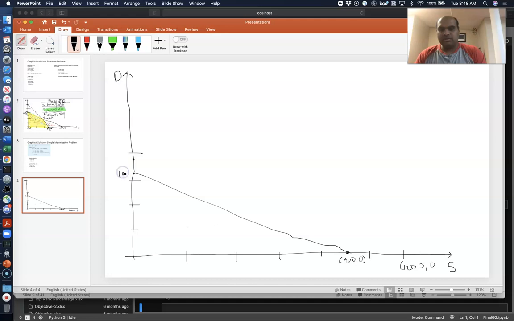This is 0, 630. It was the previous point. And this is 0, 720. So what is interesting about this straight line is, let's do that. You'll notice that this straight line, the feasible region for this straight line, if you look at it,